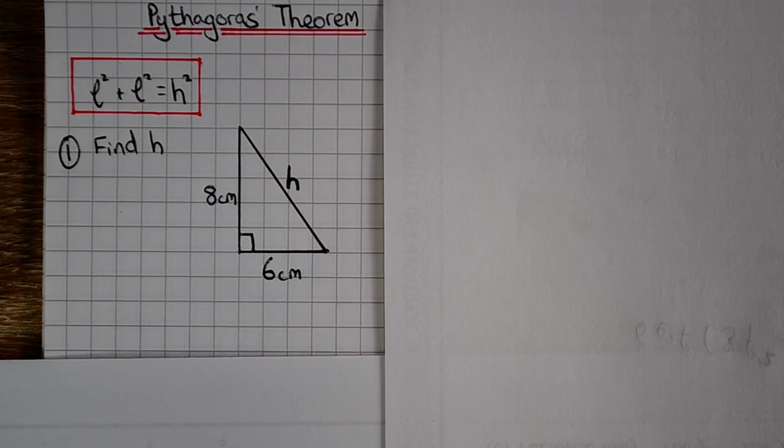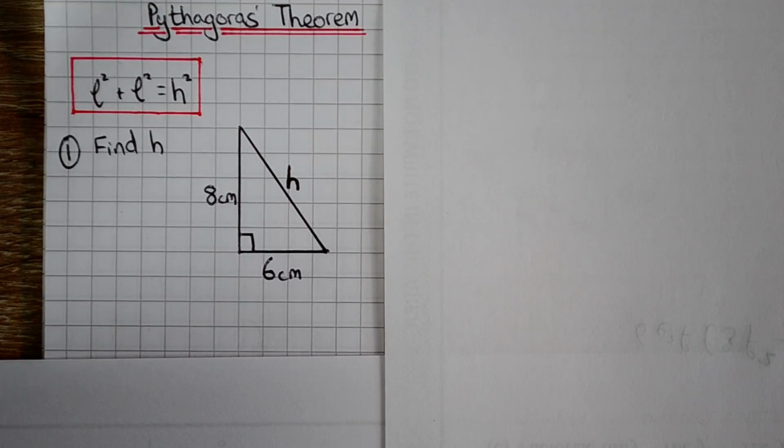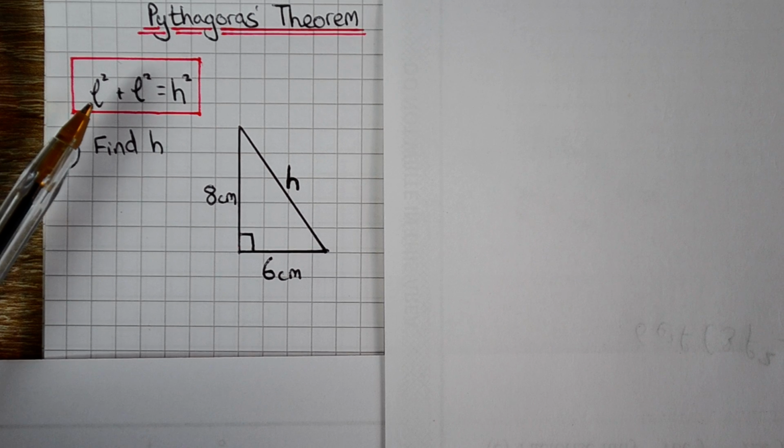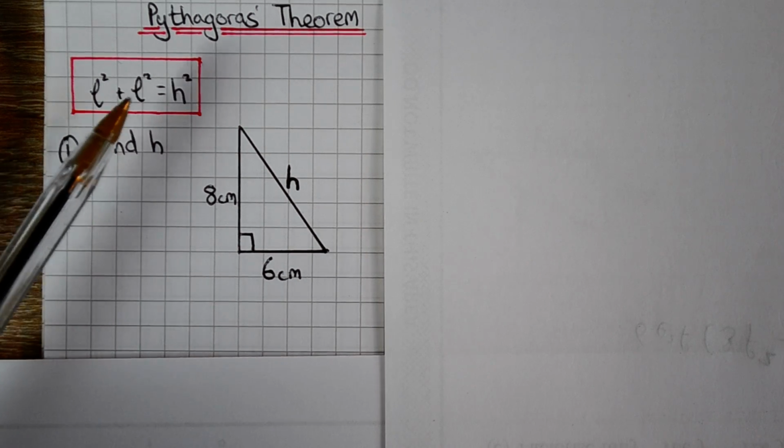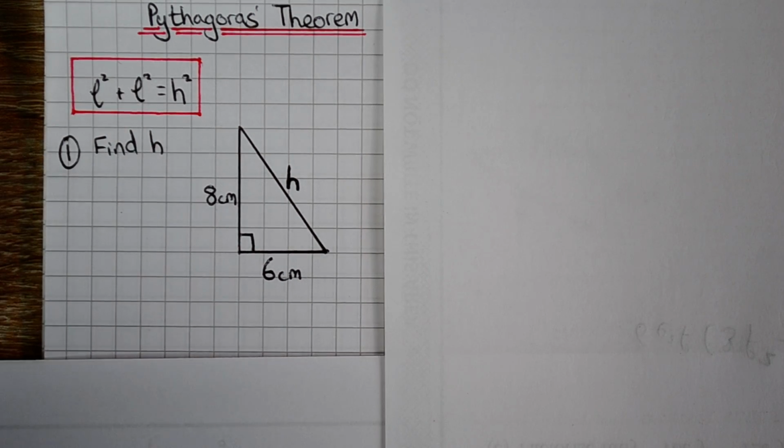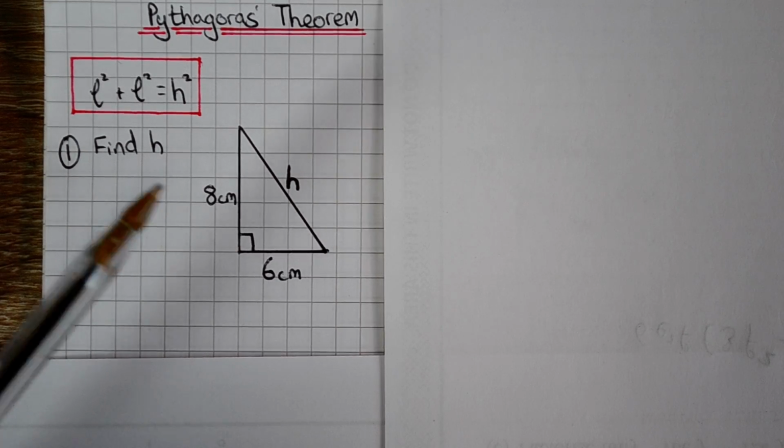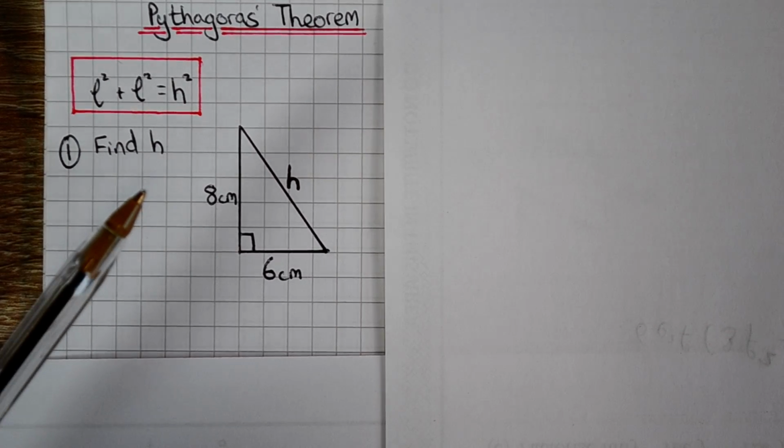We're going to use Pythagoras' theorem to find missing sides on right-angled triangles. Pythagoras' theorem tells us that the sum of the squares on the two legs equals the square on the hypotenuse. So here's our triangle. I haven't drawn any squares on the legs,